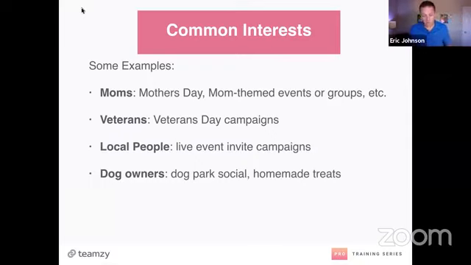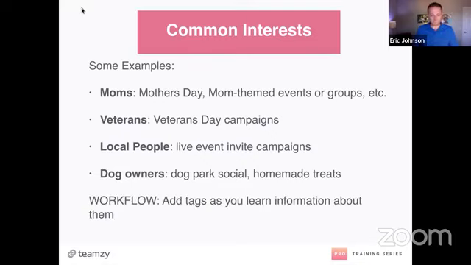We love our dogs. And so if you have local and dog owners, then you can do things like a dog park social, which by the way is huge. If you're doing an event, have people bring their dogs. It's just a win-win for everyone. You can make homemade treats and deliver them to your dog owners. You can incorporate your product line into those treats in some cases, depending on what you represent. So these are just some examples of tags that you can use for fun that help you build lists that you can connect with at a deeper level.